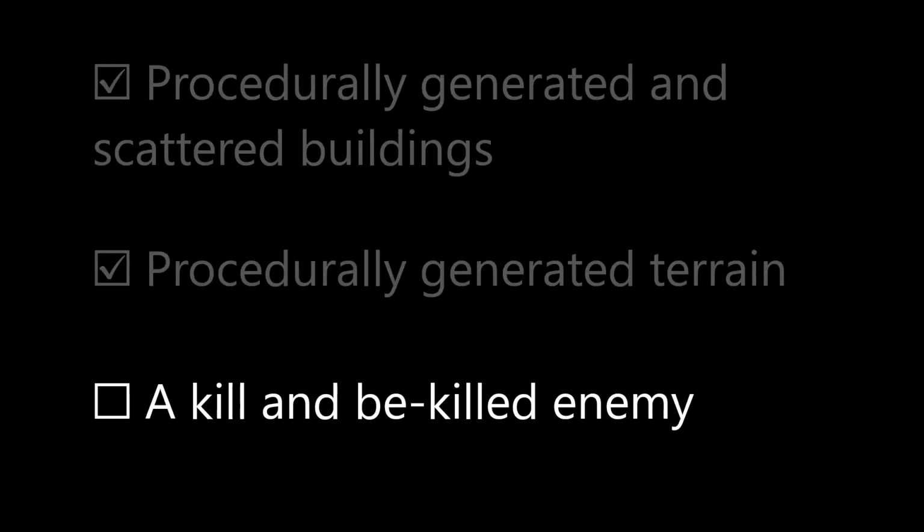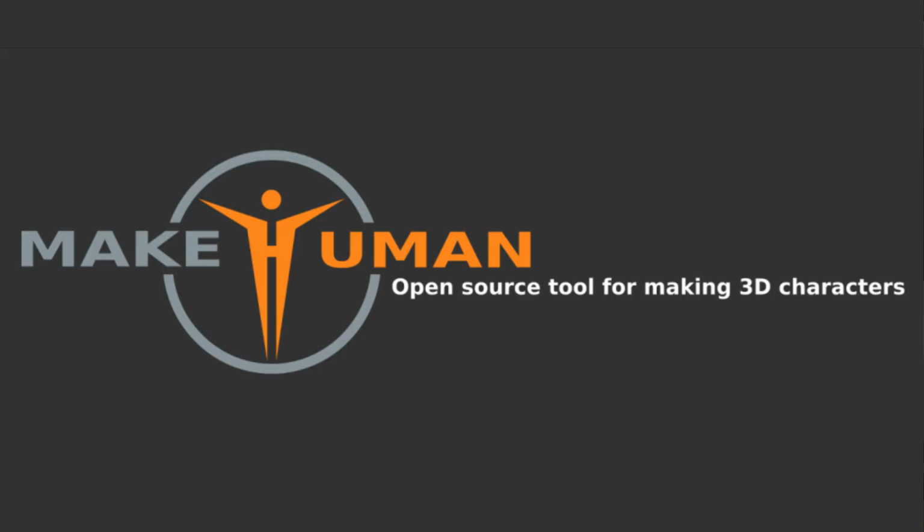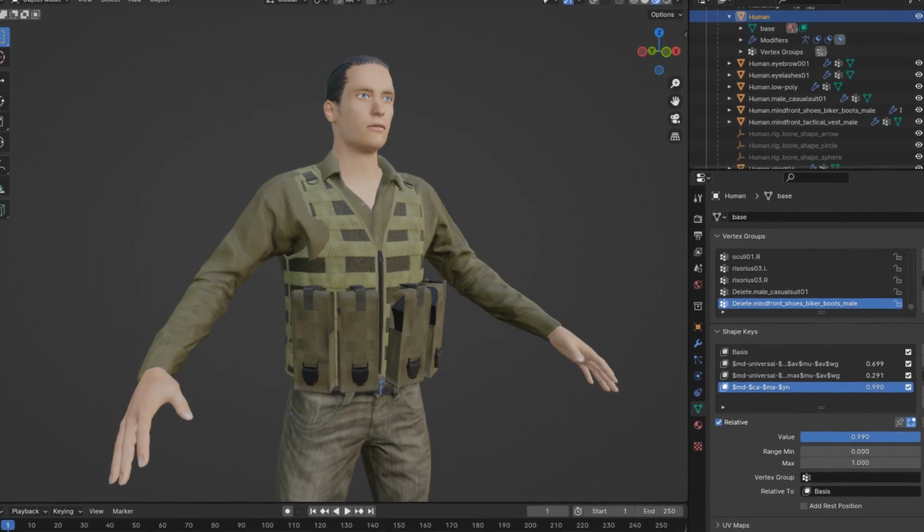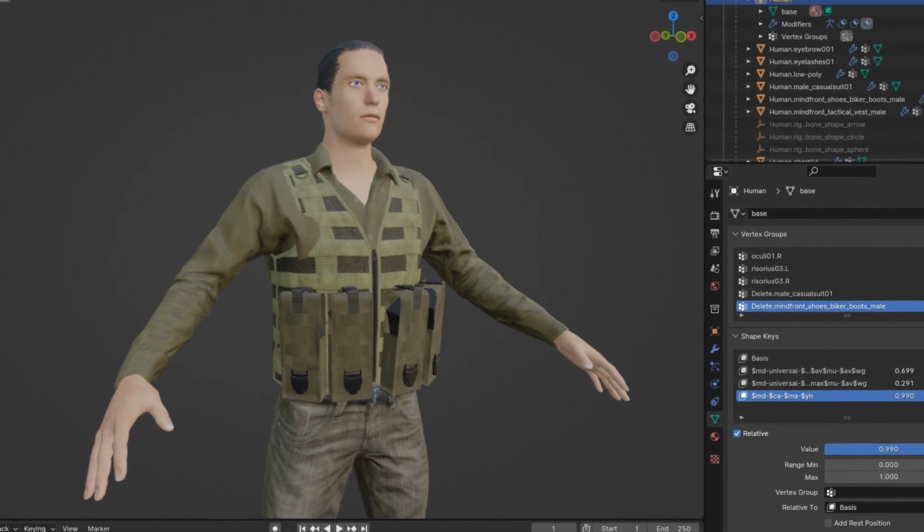Moving on to the creation of enemies, and that's what's next. Creating enemies to kill and be killed by. Keeping it open source, a good bet looks like MakeHuman, which works in Blender. So you've got there an open source project working in an open source project. Nice. Question: do I go for boomer shooter Doom style 2D sprites or import fully rigged 3D models?